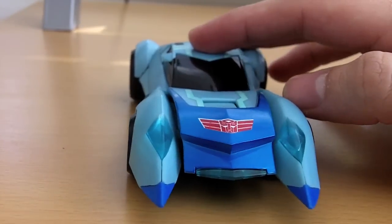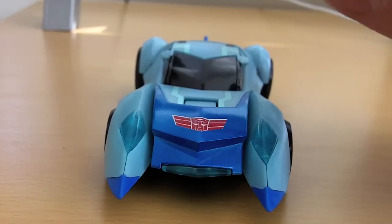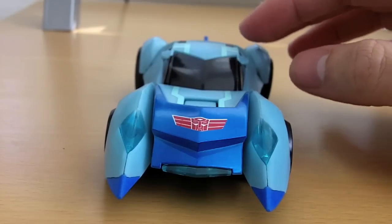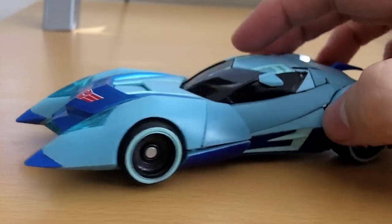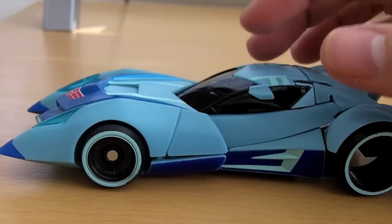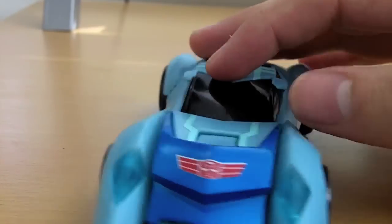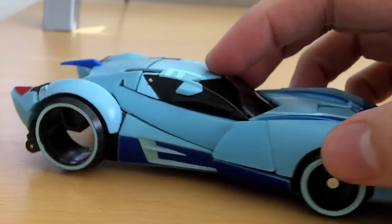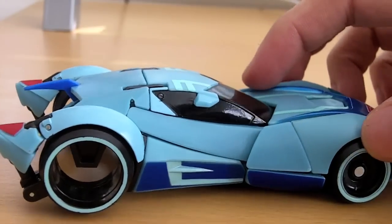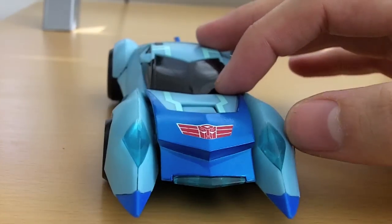Blurr. I've wanted Blurr for a really long time, but I always forgot about him. Very similar to the Sideswipe from Revenge of the Fallen, the Human Alliance. My buddy Joe 22 Awesome did a video with him in it, so I'm probably gonna pick him up pretty soon. He's a really awesome looking figure. But with this figure here,